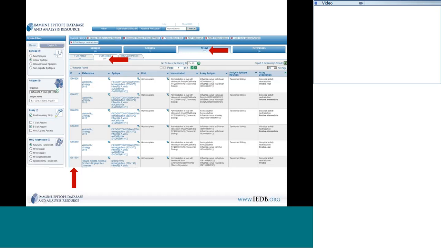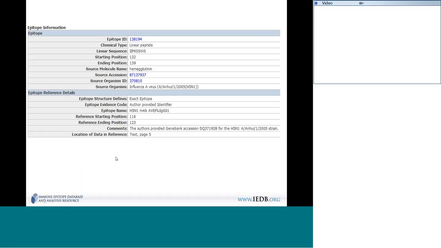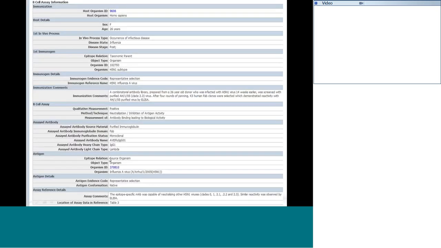And if I click any one of these assay IDs, which is a unique ID that we assign when that assay is input into the database, you will be able to go down into the real bread and butter data of the IEDB, which Carrie showed you before, so I won't belabor it, but it's essentially every single data point relating to that epitope. This is basically the job security for us curators. We manually extract every single one of these data points, right? Okay, so